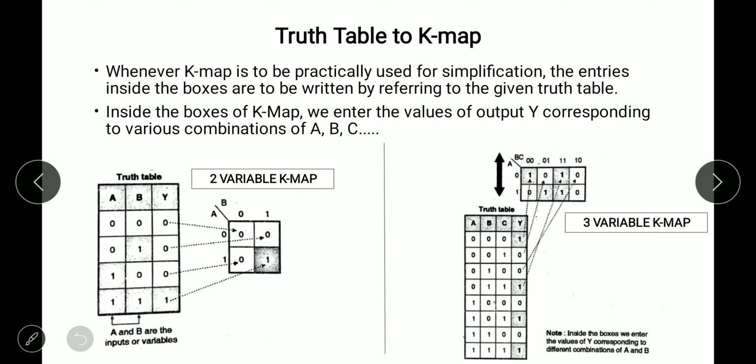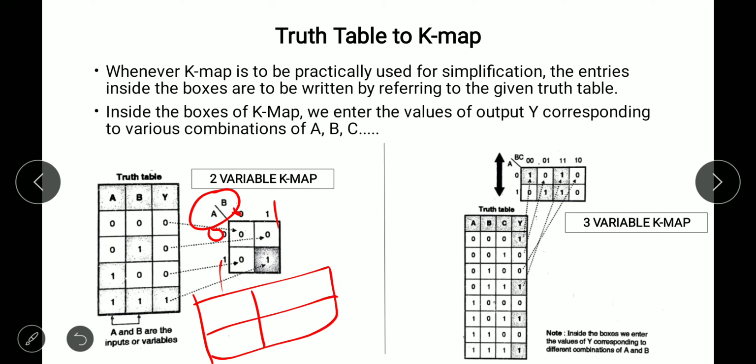For a two variable K-map, here A and here B, with values 0 1 on each axis. If we place, this is a 4-cell map, so for 0 1 this is A and this is B. We change the sequence. Here A is 0 and B is 0, so the output here is 0. Then for the second, 0 1, that is A is 0 and B is 1,